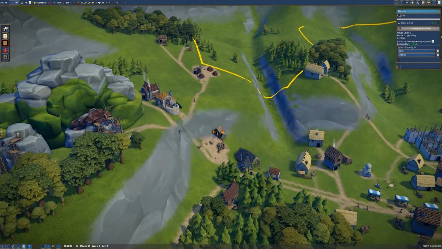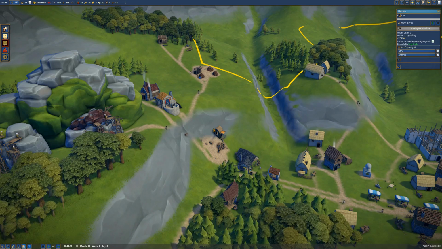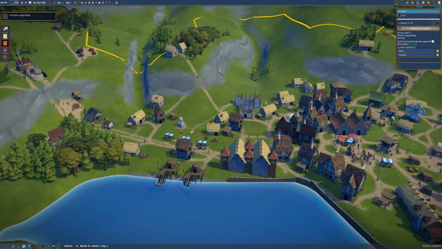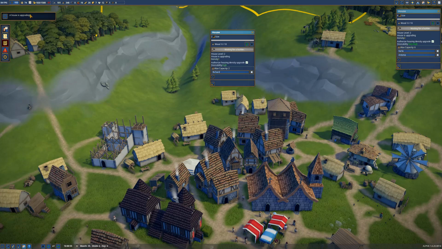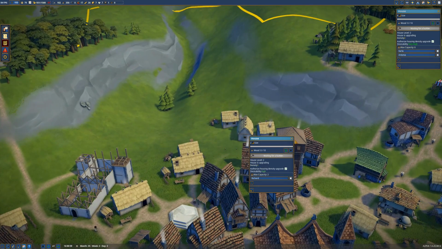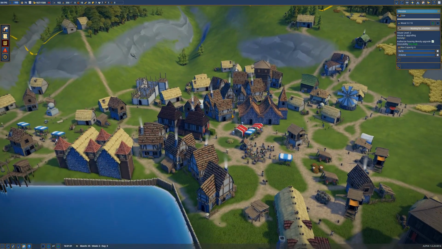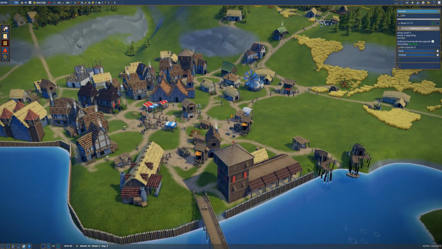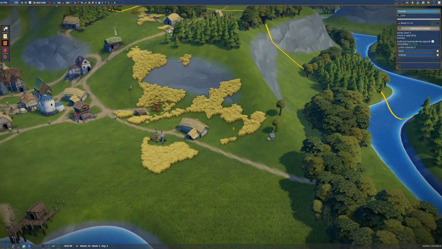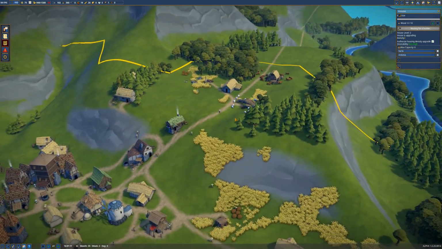But what we need to do in today's episode is have a look at some of our house upgrading. But what we need to do is have a look at some of our building chains and see if we can make them a little bit better. So what I'm thinking